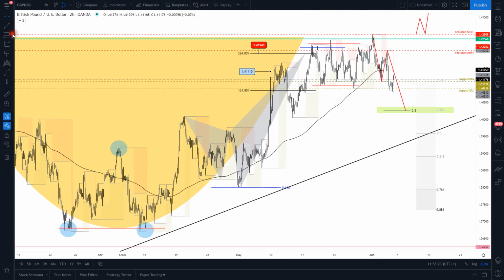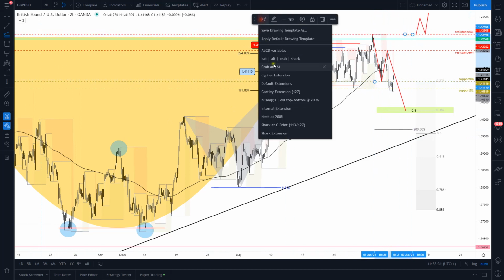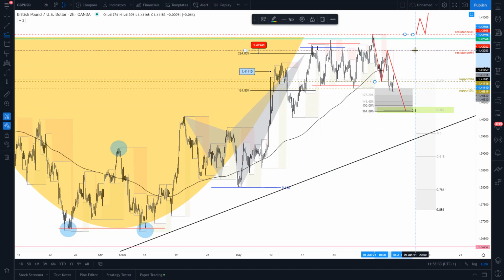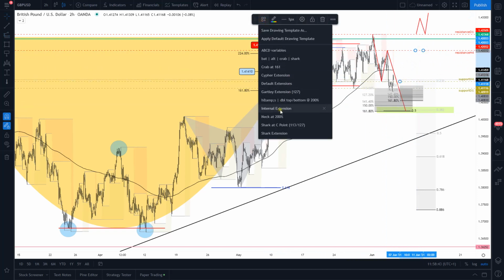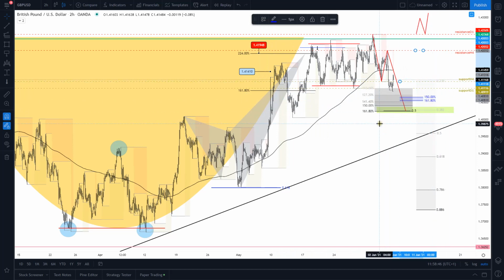We can also use our default or basic extension projections, default extensions for the external behavior, and one default extension from our internal swing. This one we will search for the 150, 161. So there's kind of a cluster box, a small box here right below the current lows, between the internal extension and the 141%